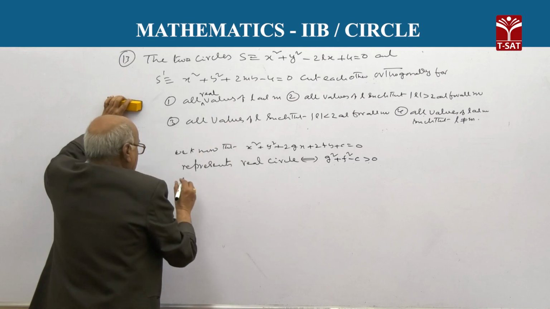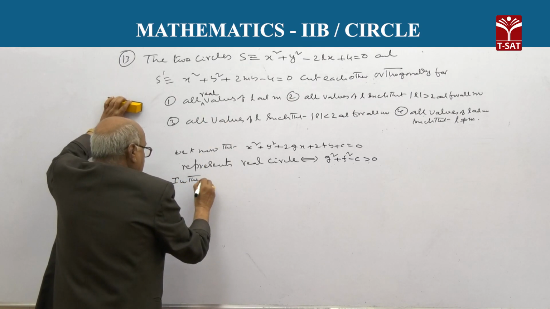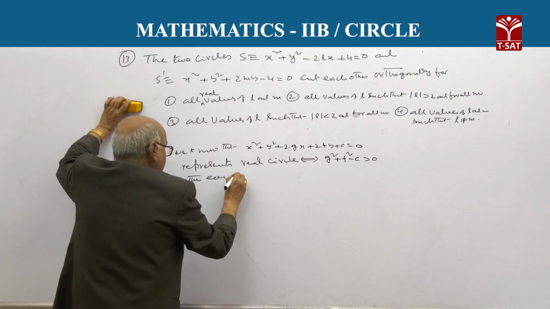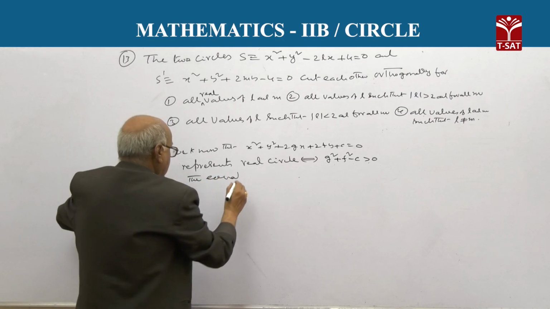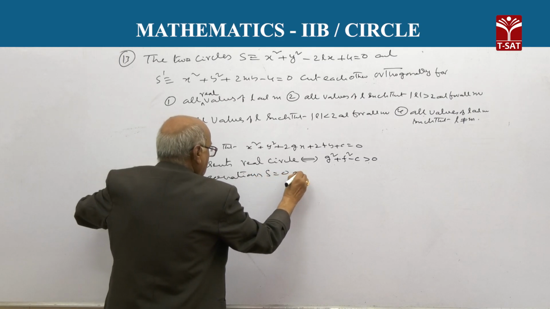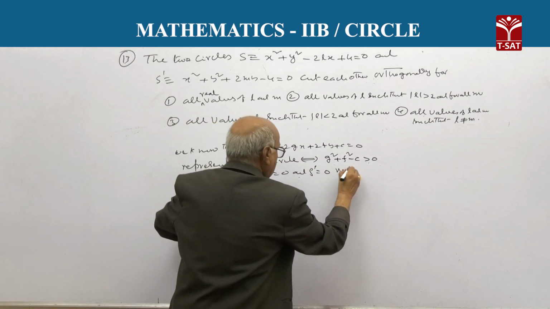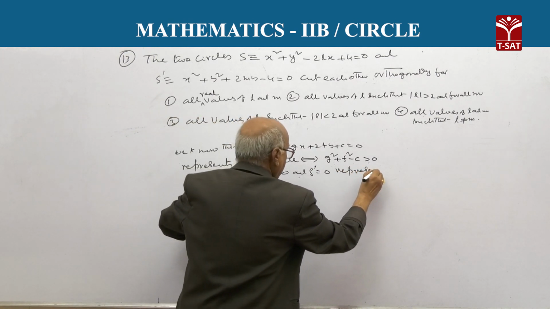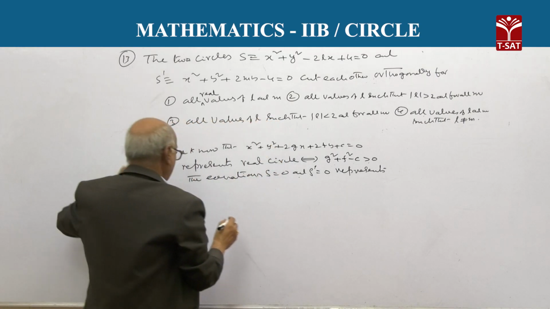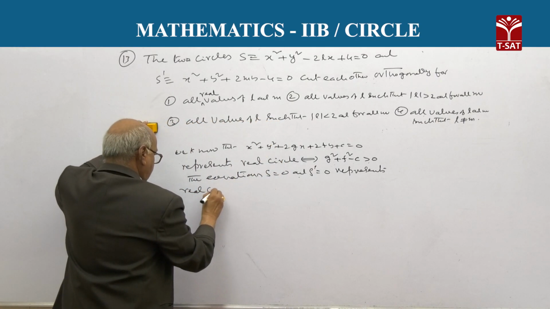Now, in the given circle equations, the equations S equal to 0 and S dash equal to 0 represent real circles